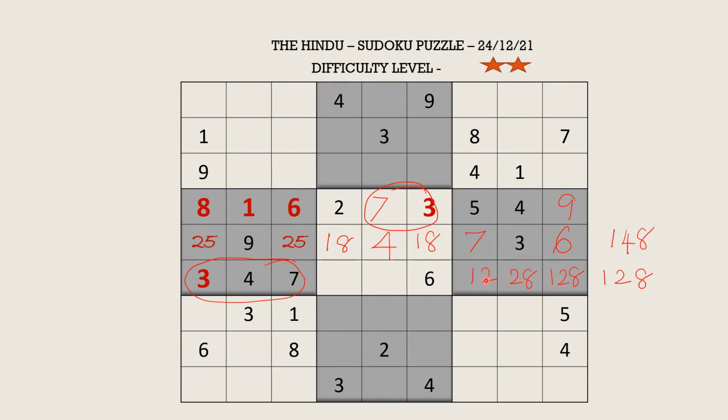So when we say a triplet, in this entire row, no other cells can take 1, 2 or 8, right? So that leaves these two cells with two missing numbers, 5 and 9. So they take 5 and 9. So now this middle section is sorted out. Though we have not found all the numbers, we at least know what numbers go where. So when you start a puzzle this way, it is very easy to solve it quickly rather than going across all the rows and columns checking for each and every number.